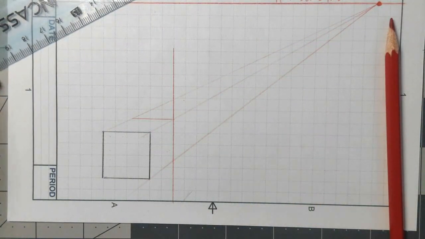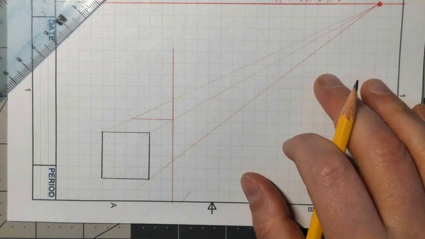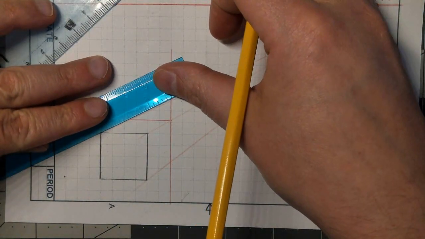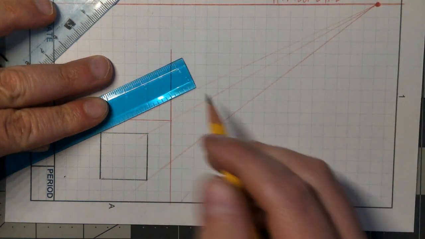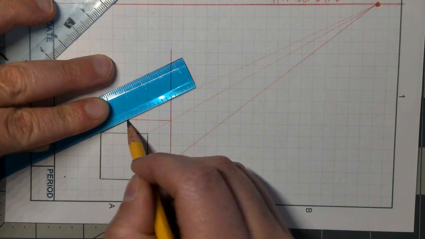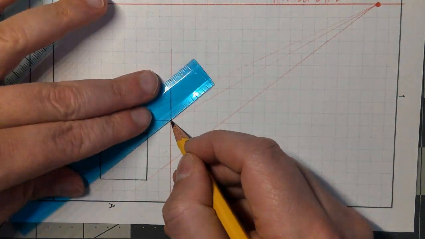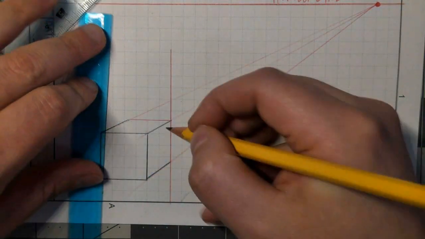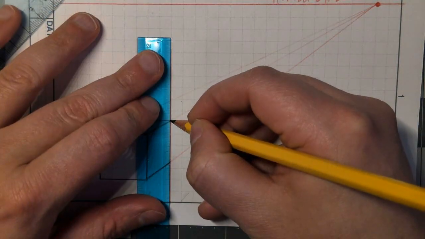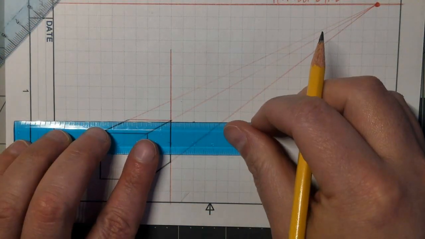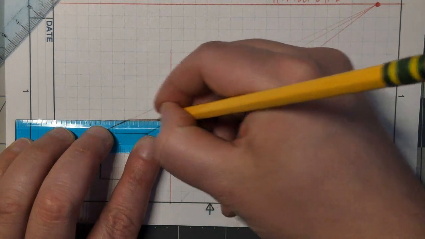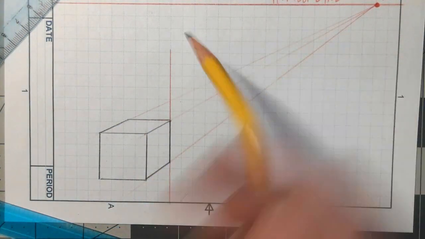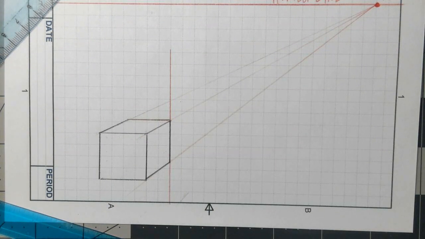Okay, and now what I'm going to do is, using my ruler, I'm going to use my small one this time, I'm going to then darken that line here, this line, and this line. And also I'm going to darken this line and this line. Okay, so why did I draw this line extended? Because if we go look at our example,